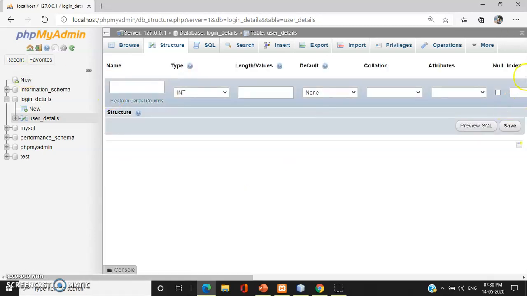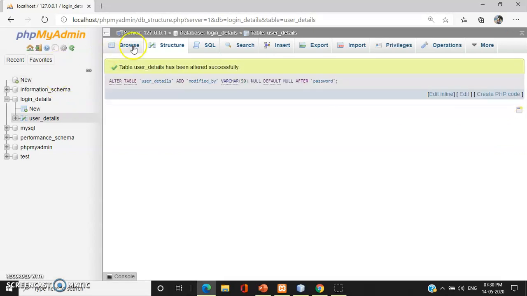Again I'll see that there is a row which will indicate to enter whatever column you have missed. So I will write it as modified by, it will be a varchar, length of again 50, and default as none, and then save.